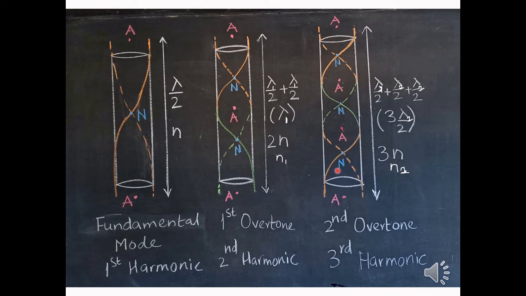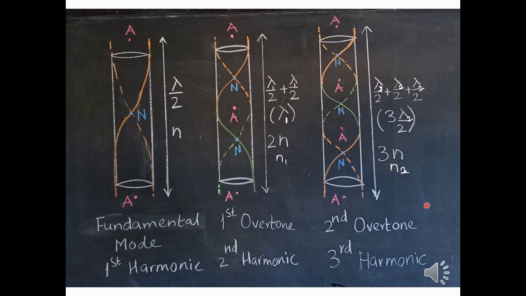In the next higher mode, the same length of the air column vibrates so as to produce 2 complete loops and 2 half loops at the ends, or we can say that here we have 3 pairs of half loops: first pair, second pair and third pair. So if N2 is the frequency in this case, it will be thrice the fundamental frequency, that is 3n, as we have 3 pairs of half loops. If lambda 2 is the wavelength in this case, the distance between these two consecutive antinodes will be lambda 2 by 2. And as here we have 3 pairs of consecutive antinodes, the length of the air column will be 3 times lambda 2 by 2. Here N2 is the second overtone or third harmonic.